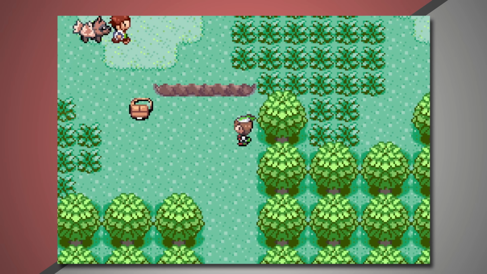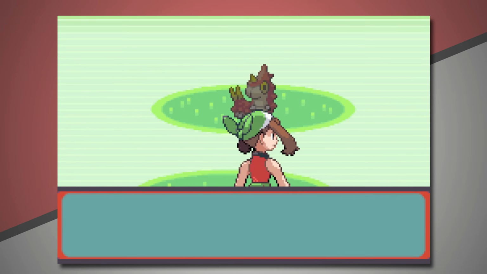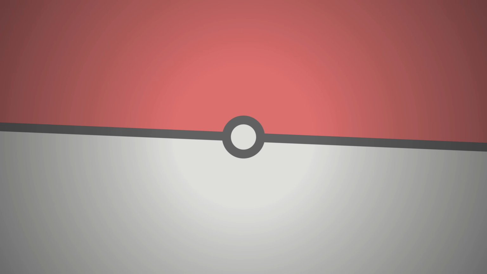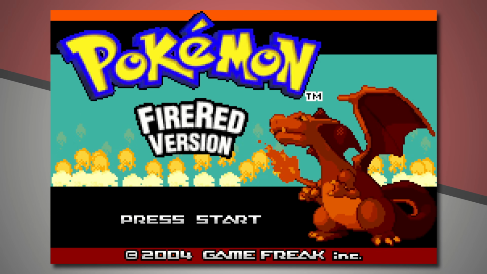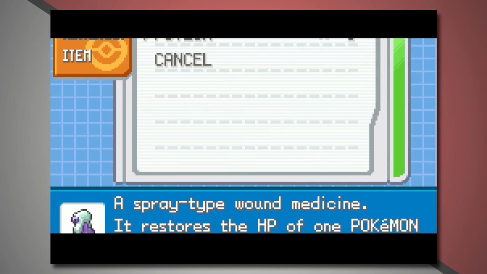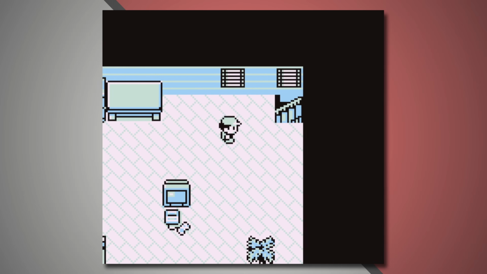Everything goes pretty much the same as Ruby and Sapphire here, but I get terrible luck with wild encounters, so by the time we get to the gym, we are at 20 minutes, and yes, we're doing the remakes. Pokemon Fire Red and Leaf Green. We are back in Kanto, baby, but this time, it actually looks pretty good. We got different colors, we've still got the PC potion, we got more than like 17 pixels,